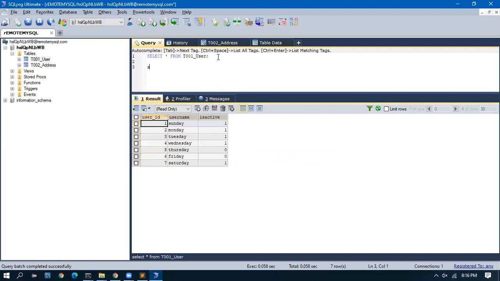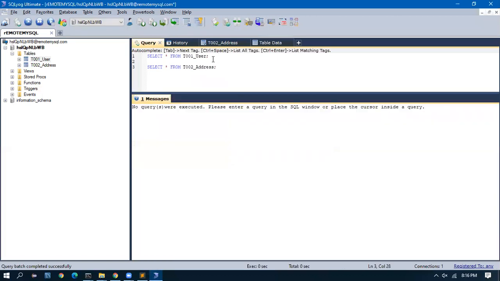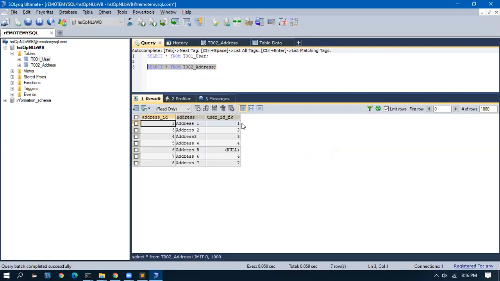Now I'll write a query to select star from T002 address. So we have the address table fetched. Now I want to write a query which we saw yesterday.